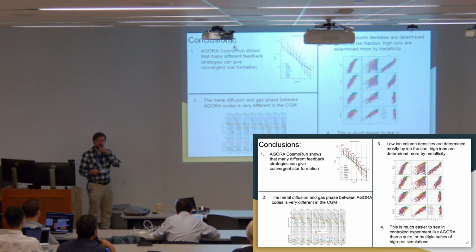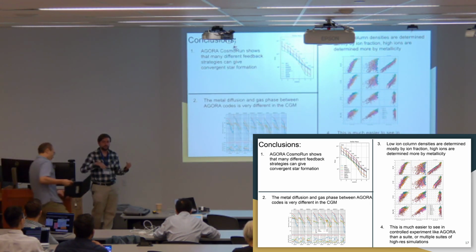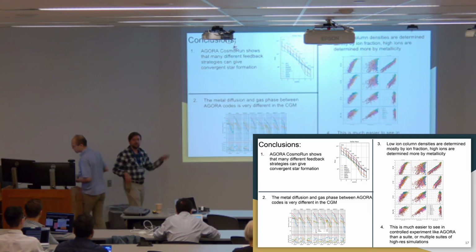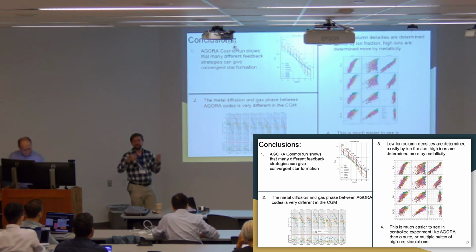Maybe it's worth including. It's definitely worth doing, and there's some work being done by Cameron Hummels with making Trident actually access that stuff so that we can get these ion fractions in a more local way. But right now, it's really hard computationally to figure out exactly where that comes in. But thanks.